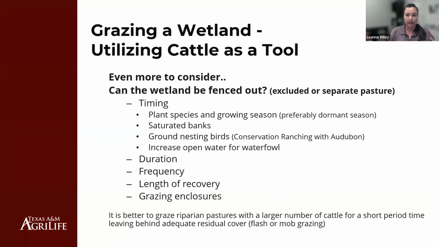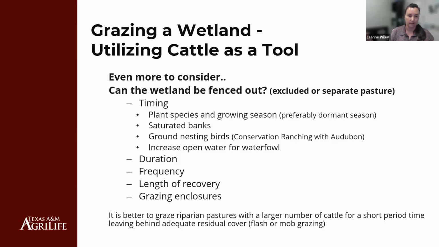So, grazing a wetland. Again, I normally talk about grazing as an upland type management tactic, but you would be grazing wetlands in certain scenarios if you're trying to utilize cattle or any type of livestock as a tool. And so there are additional considerations that I would want to consider when you're doing it over a wetland. First of all, is that wetland fenced out? Is it being fenced out and being used as more of a specific area for other types of animals? Is it something that you can put cattle in, contain them, control that, and then be able to exclude them